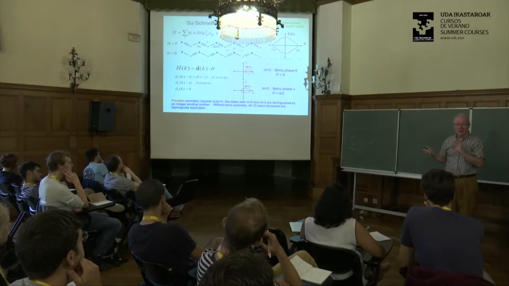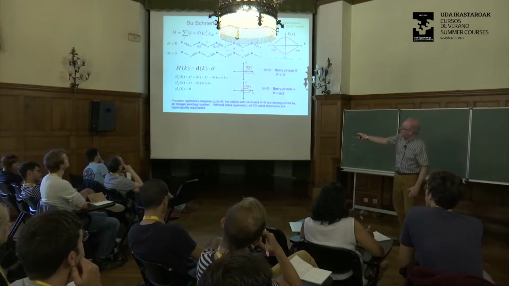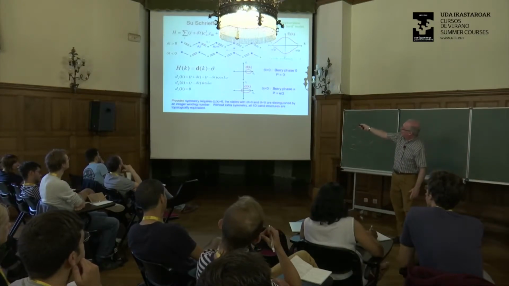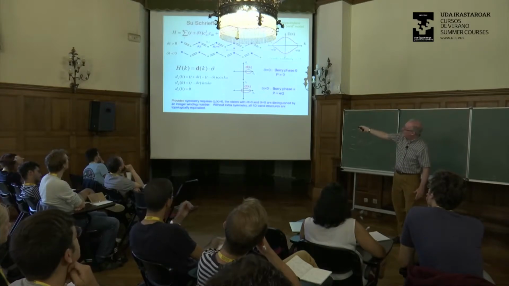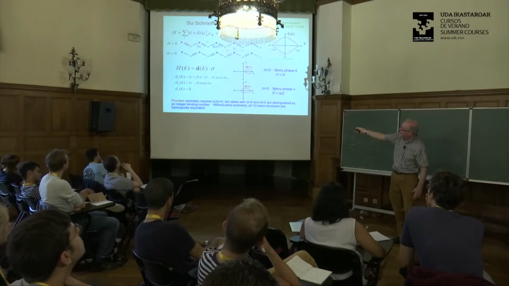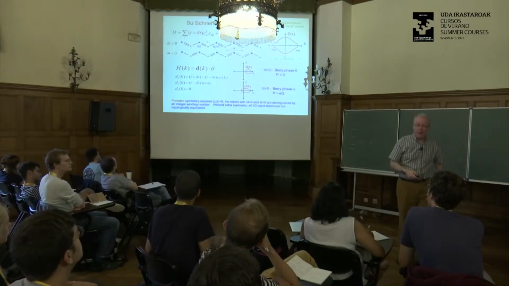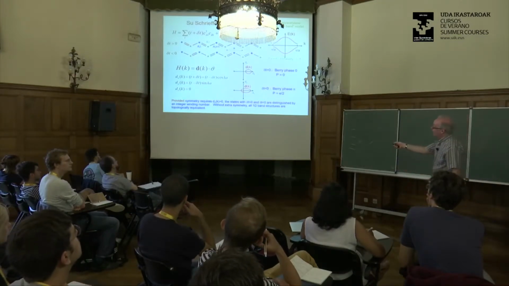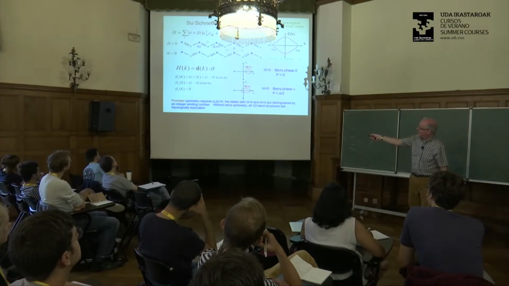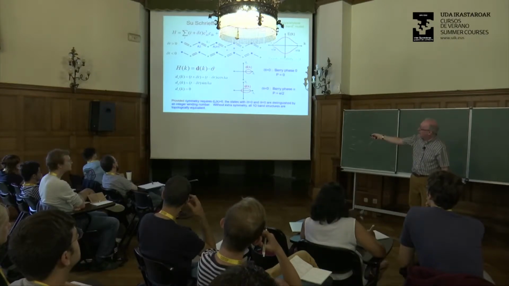So what I would like to argue to you is that actually these two patterns are in a sense topologically distinct. Let's think about the electric polarization. So I can write down a simple tight binding model of this, where I have strong bonds and weak bonds, which are connecting the A and the B sublattice. I have two, so my unit cell is two atoms. So my Hamiltonian is going to be a 2x2 matrix, and so I should be able to write it as a D vector dotted into a Pauli matrix, where the two states of my two-level system are the A sublattice and the B sublattice.